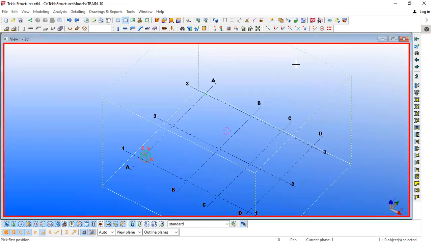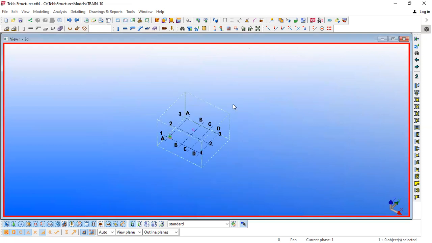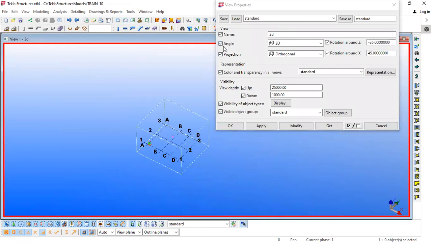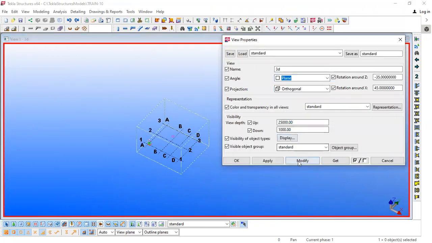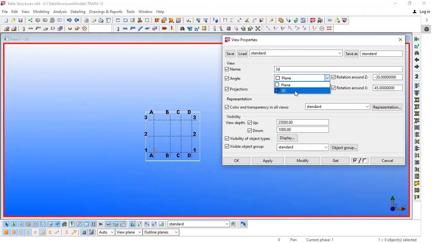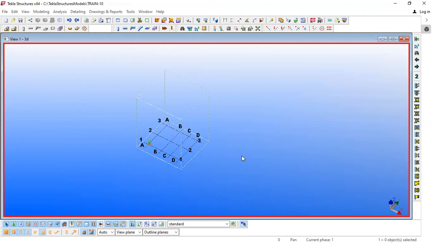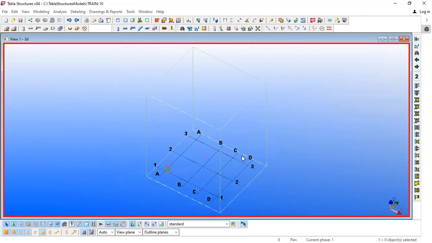So that is a shortcut for switching between plan and 3D view, and that is also listed here in the view property. You can see here plan and 3D view. Here also that option is there. So I can control it from the keyboard shortcut as well. Control P is the shortcut for that. Control P, right?